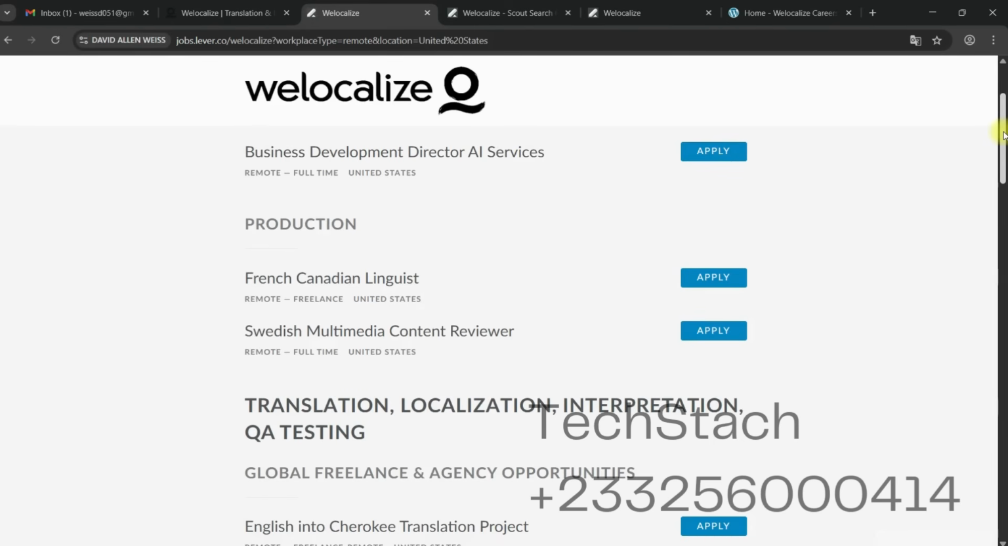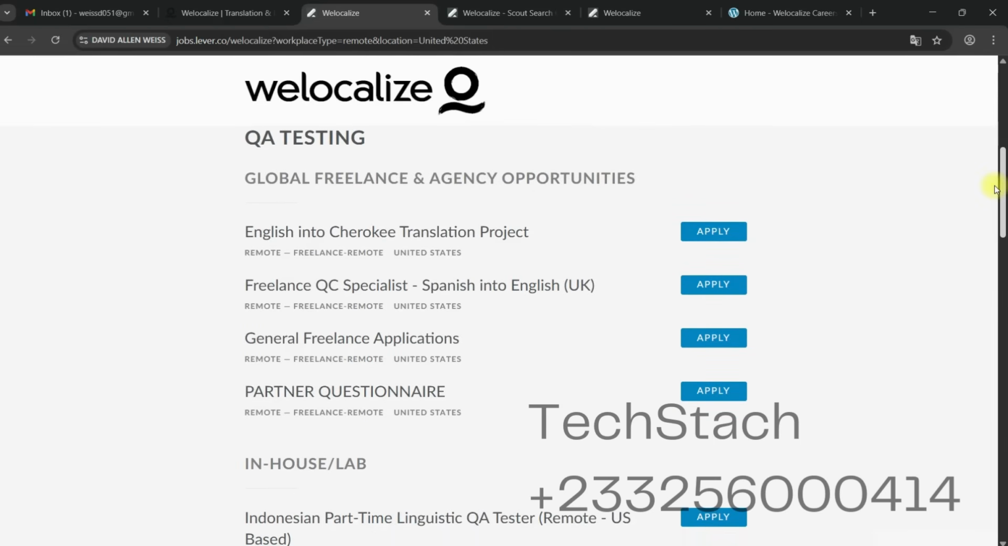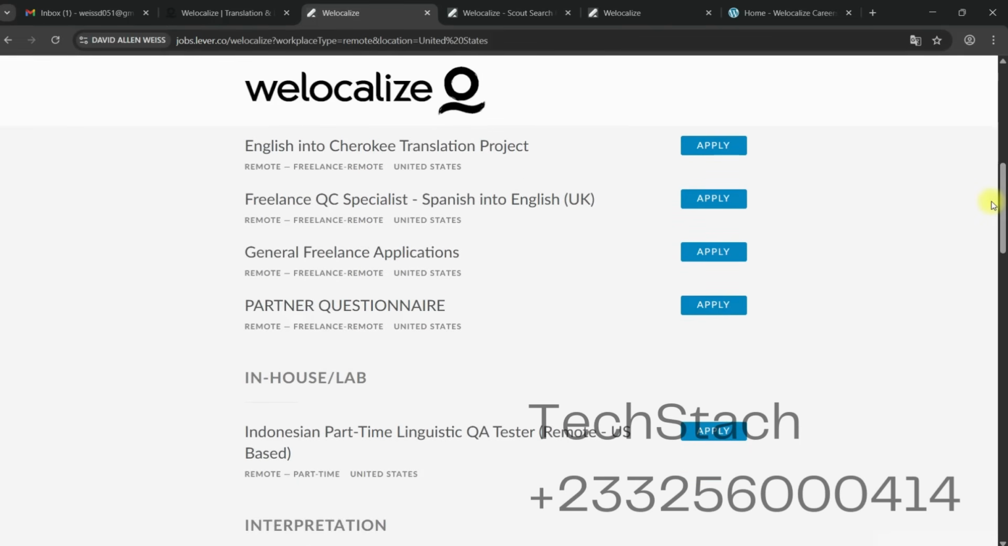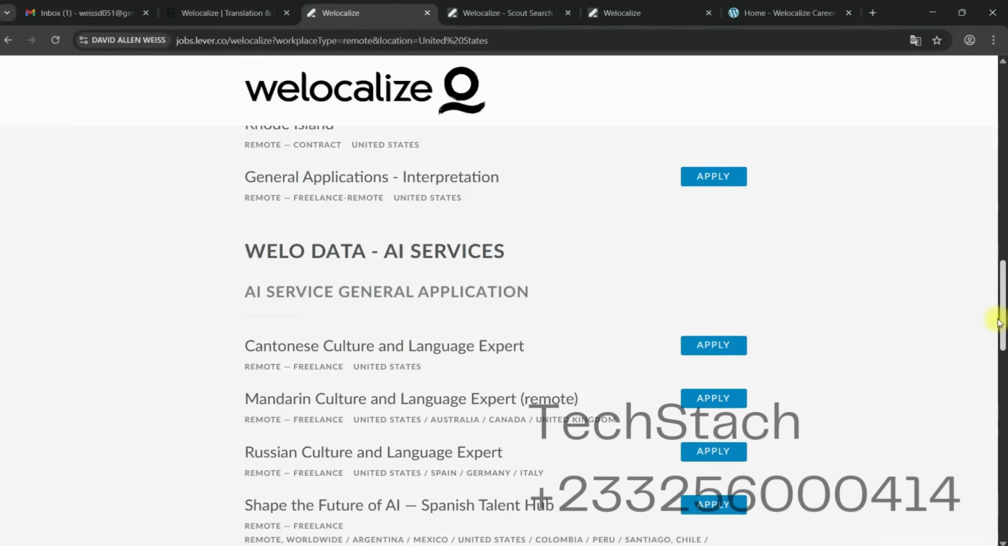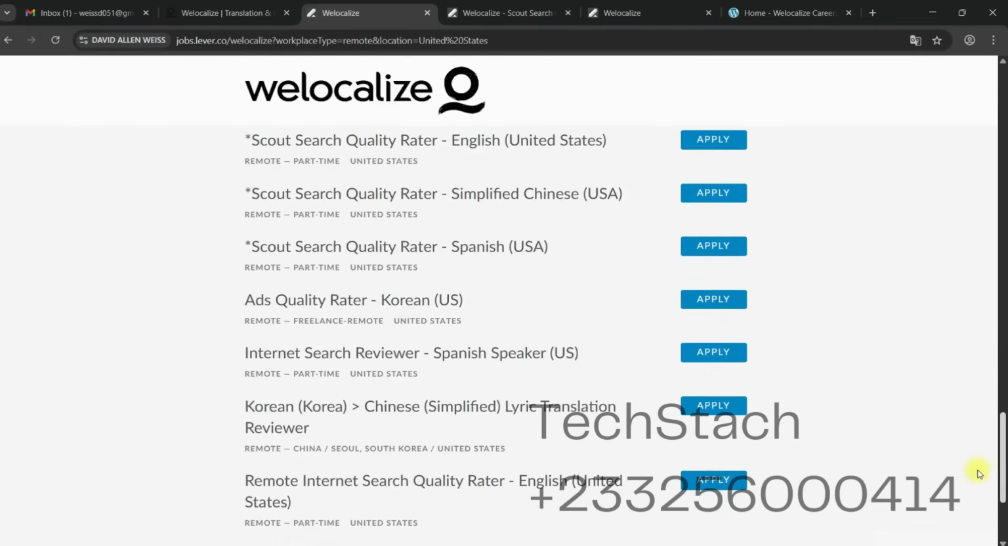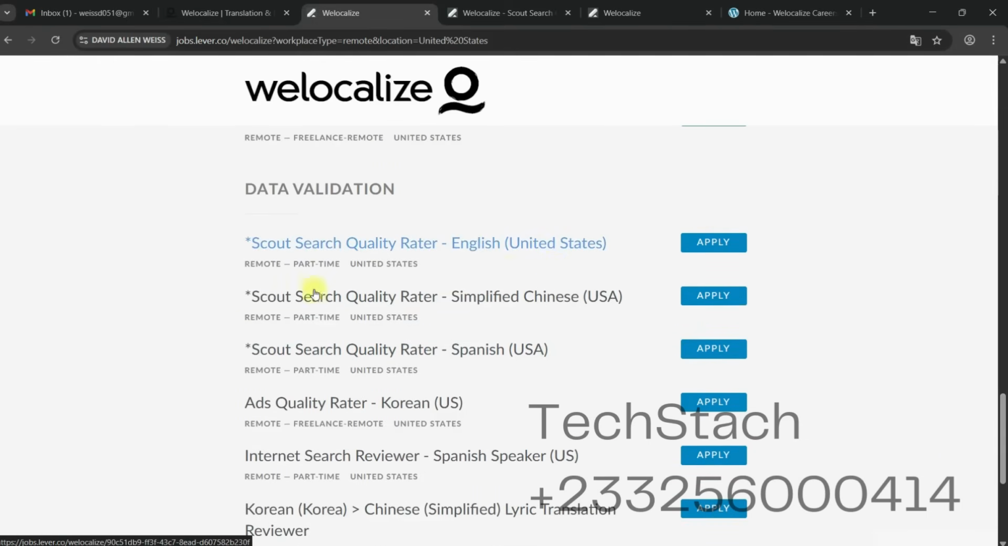Okay, all the countries are in it, but just make sure you are looking for Scout Search Quality Rater. That's, I mean, the most trending job, and the possibility of them accepting you in that job is very high because they need a lot of people. Every company is moving to AI, so you just have to get one job at least from the US, Canada,